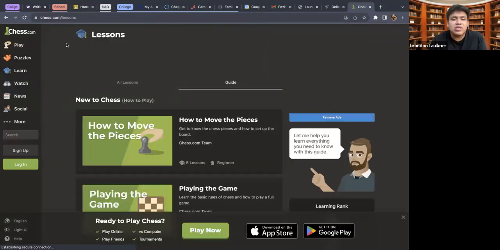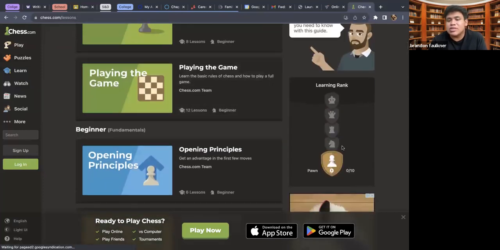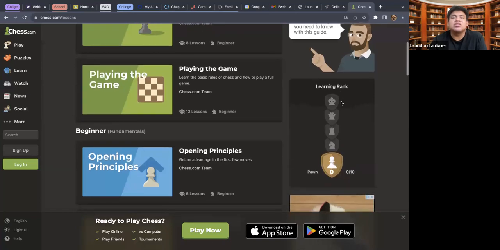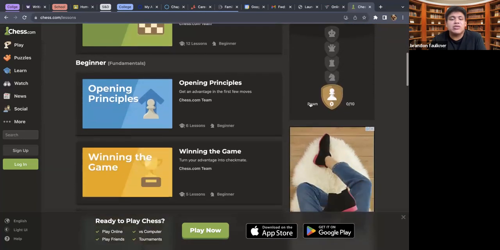So as you move through the lessons, you typically will want to start here and move up. As you can see, your learning rank will increase each time that you learn a new lesson. Since I'm not logged in, I'm a pawn. So pawn basically means you're the beginner of the beginner. And as you move up the ranks, you'll move up to a different chess piece. Here, as we can see, the highest you can go is a king. So basically being a king at learning means you're ready to go, you're ready to play anybody, and you're ready to start using your skills that you learned on the